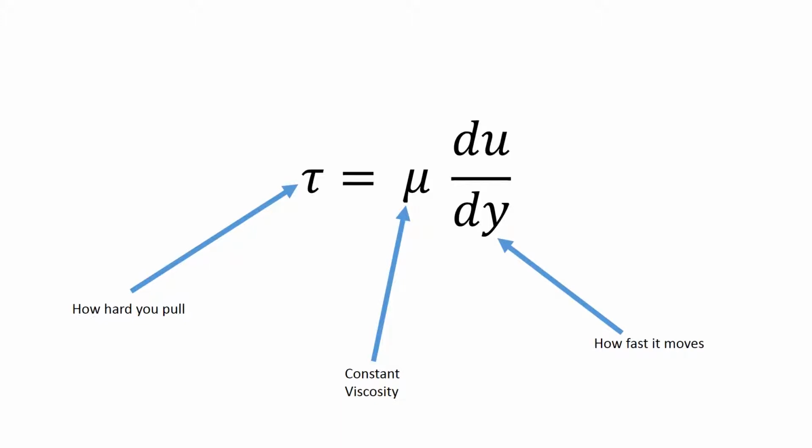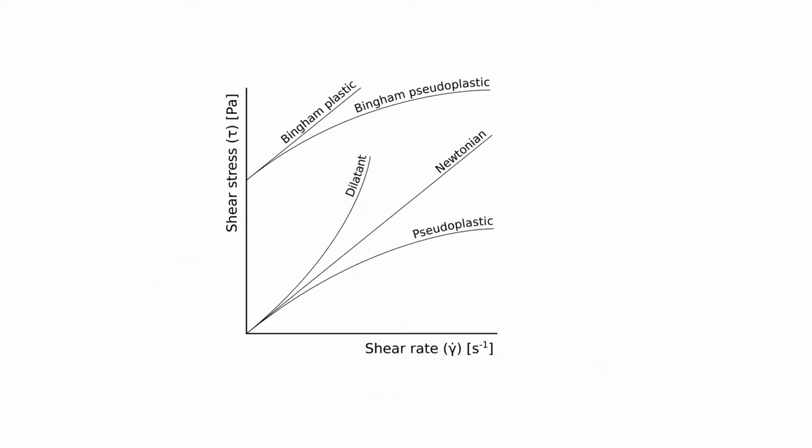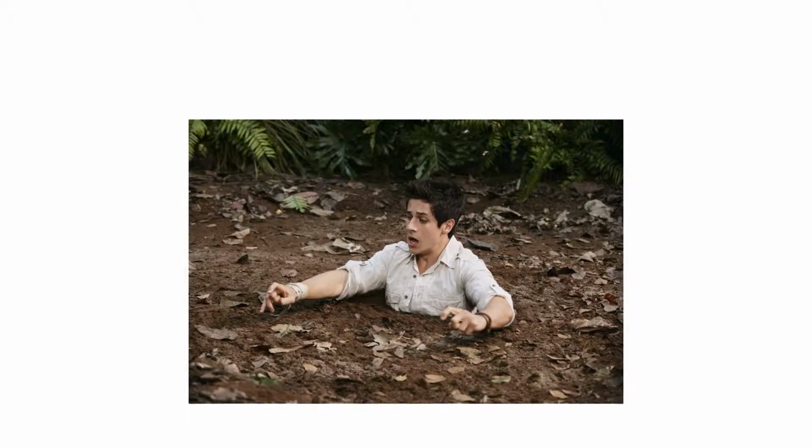Viscosity is basically friction for fluids, and the interesting part about it is that it varies for non-Newtonian fluids based on how hard you're trying to pull on something. With Newtonian fluids, that means like water, if you pull really hard on water, it becomes harder to pull on. So as you try to move your hand really fast through water, it gets harder to move it faster. With non-Newtonian fluids, with shear thickening and shear thinning fluids, that's not necessarily the case. So with quicksand, it's actually a shear thinning fluid.